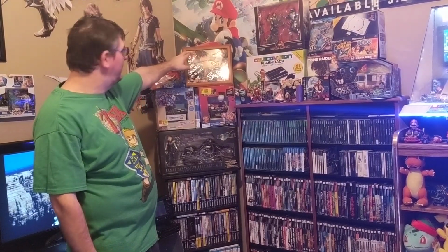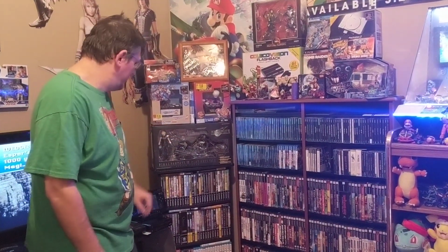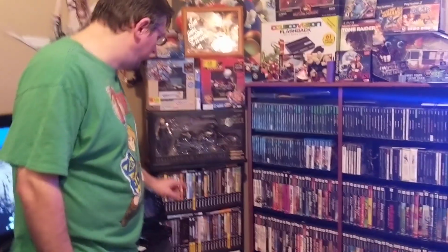This is an actual autograph from one of the WWE Hall of Famers, Lita. Not supposed to be in this room, but I might as well just add it anyways. A Final Fantasy VII figure of Cloud on his bike. This is an old figure right here. If you come up closer, I'll actually show you some of the...